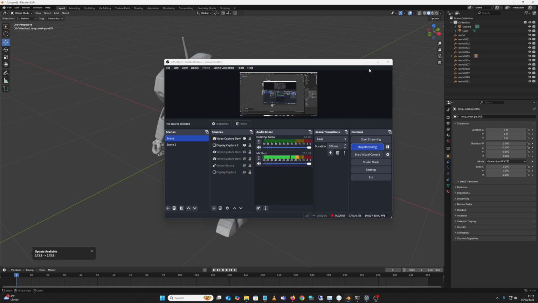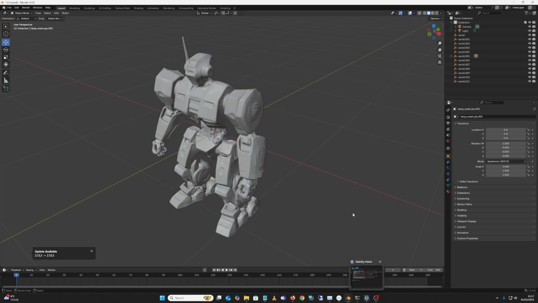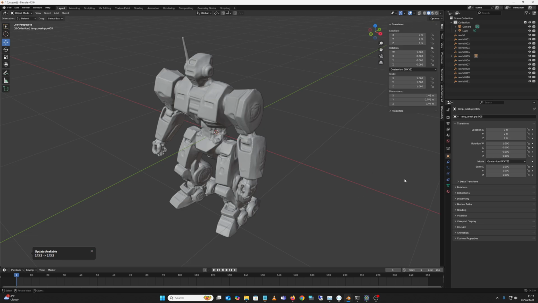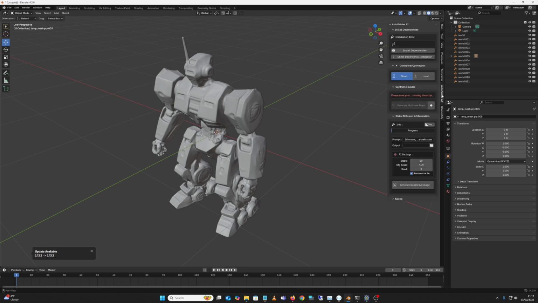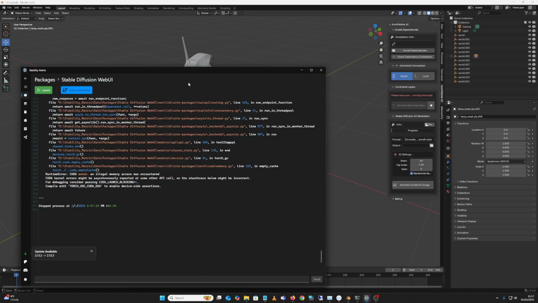Okay, another video. I discovered there's a number of different AI texture solutions. The current one I'm looking at is this Auto Painter AI. The only problem being that it uses Stable Diffusion, and the recommendation was to use it through Automatic 1111, which